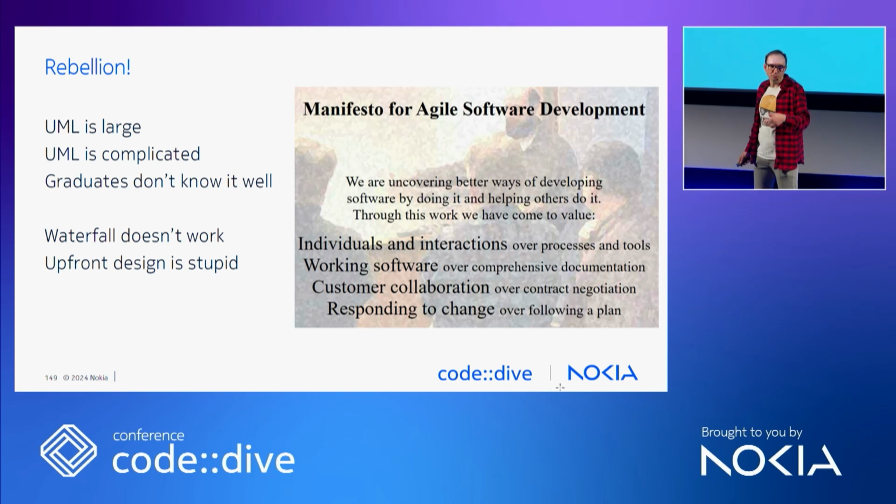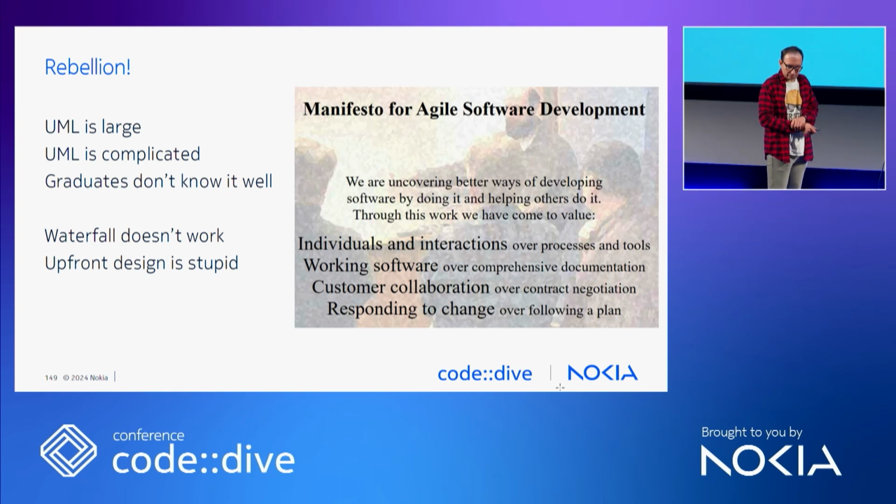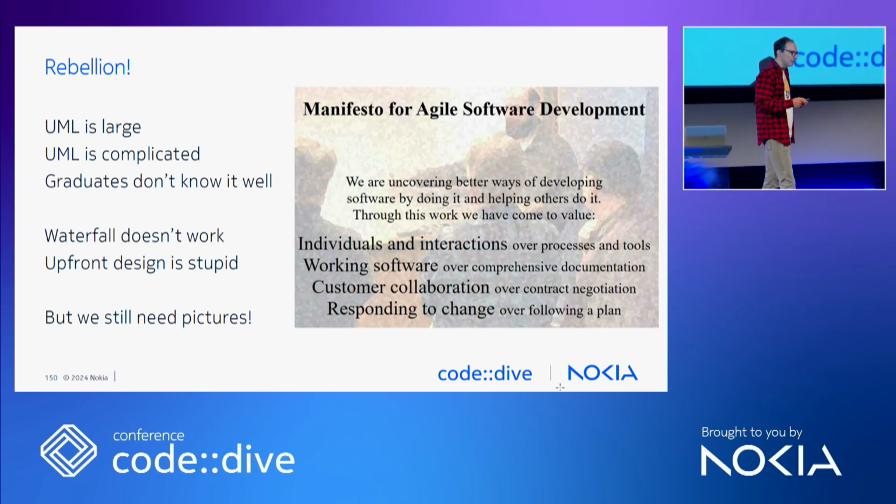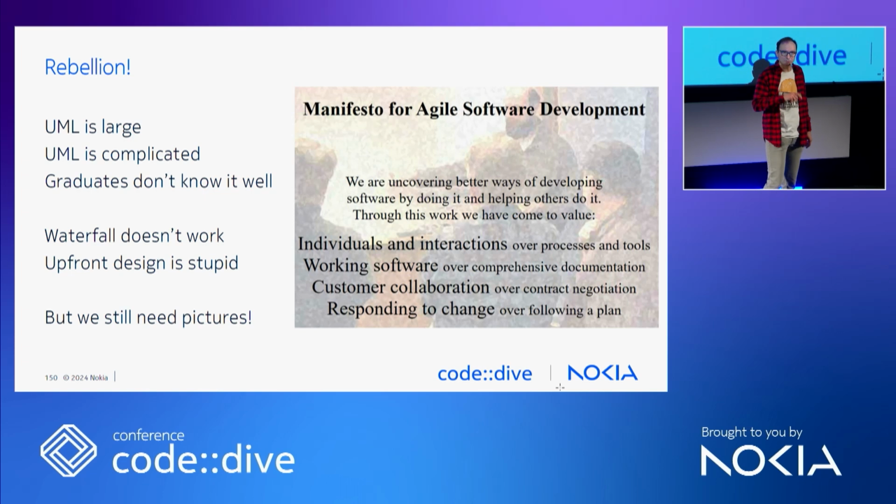The object-oriented group who is custodian of UML standard, tries to push it. They issued UML 2.0, then 2.5. They tried to sell it to other industries apart from software, even retail. But well, we burned those bridges, unfortunately. But we still needed pictures. We still need pictures all the time. So after UML, things started popping up that were not UML or UML profiles, and just two of them gained some traction.